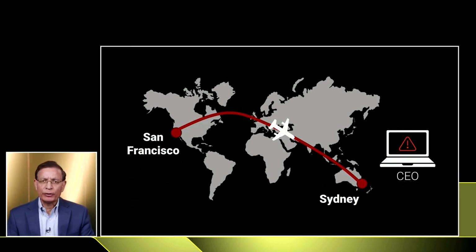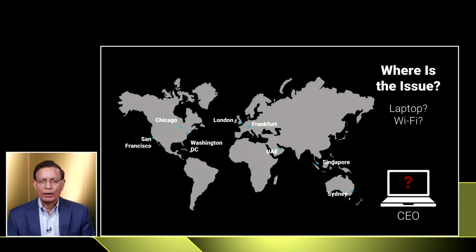Let me explain the typical challenge we hear from a customer. In fact, this was a dialogue with a CIO I had about 6 or 8 months ago. He said, my CEO landed in Sydney, checked in to a hotel, connected to the internet, and Office 365 was slow. He called IT for help. Where can IT start? Well, IT had tools for the branch office to the data center, but not for this new world.